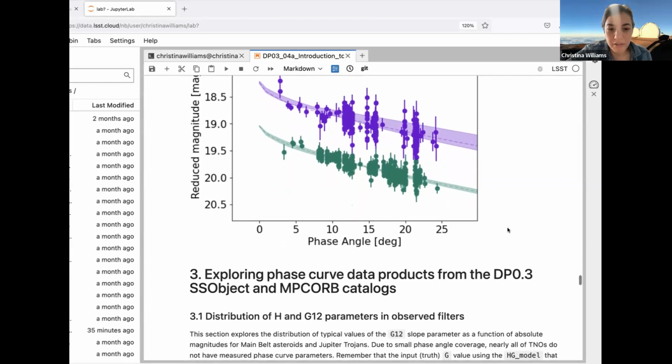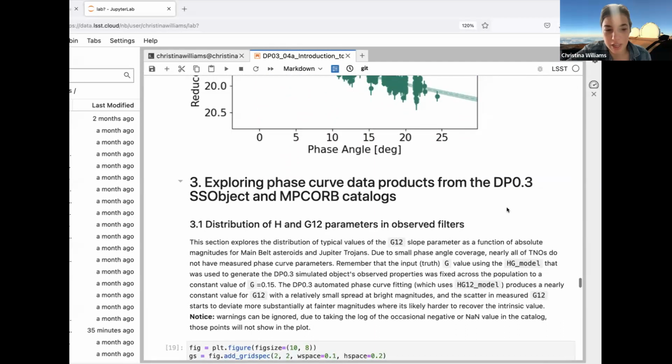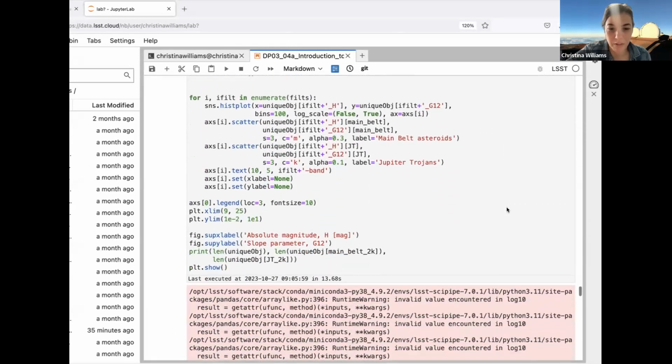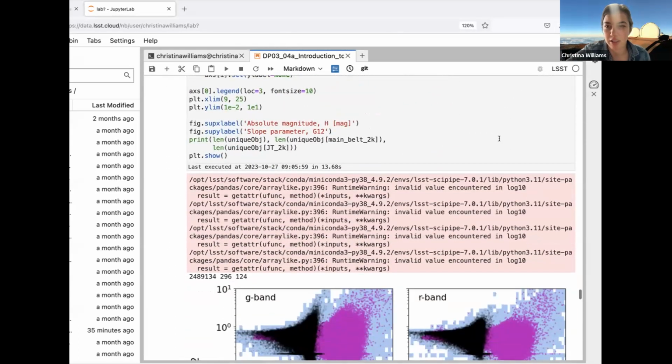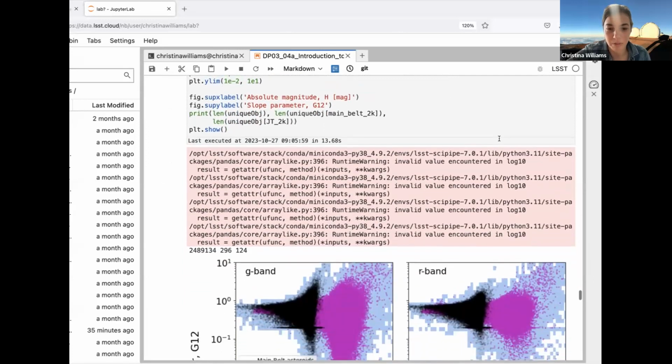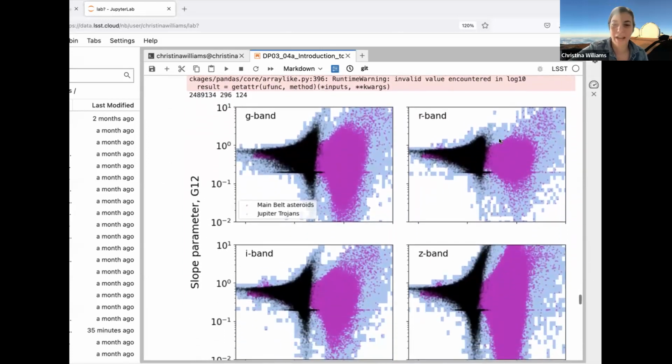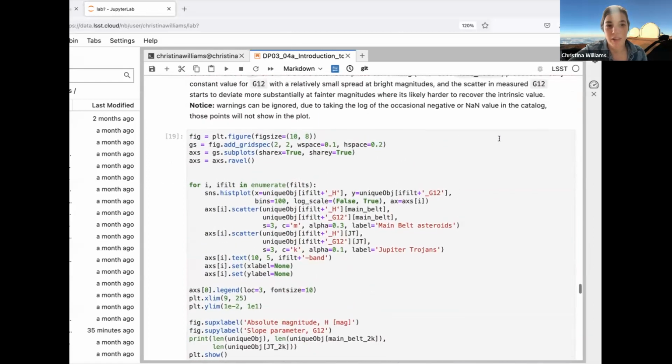Okay, so there are a number of other data products that are contained. I'm going to skip over the rest of this so that Yumi has a chance to show the second notebook. But just to point out that if you go through these notebooks yourself, there are some other explorations later in this notebook that help you understand the population of objects and what the distribution of measurements from those objects looks like from the DP0.3 data set.